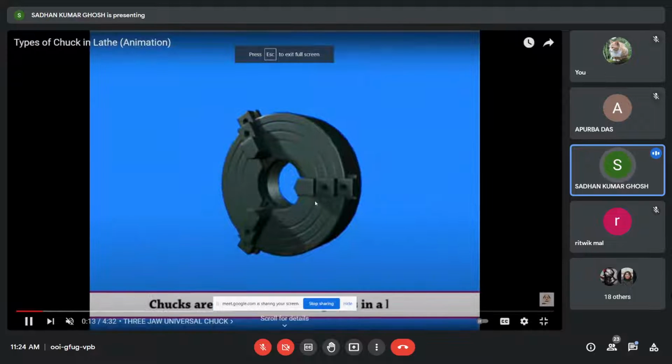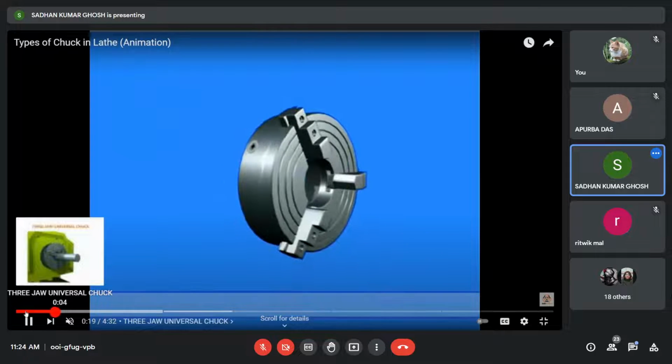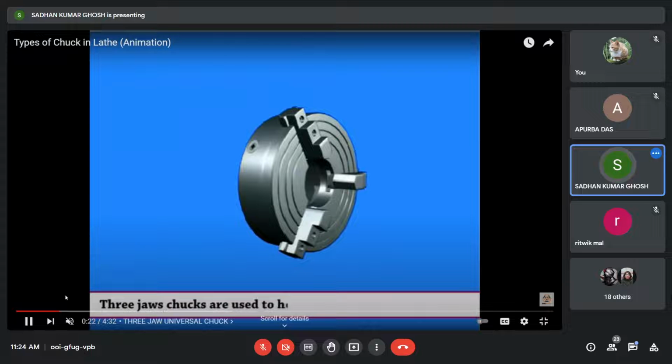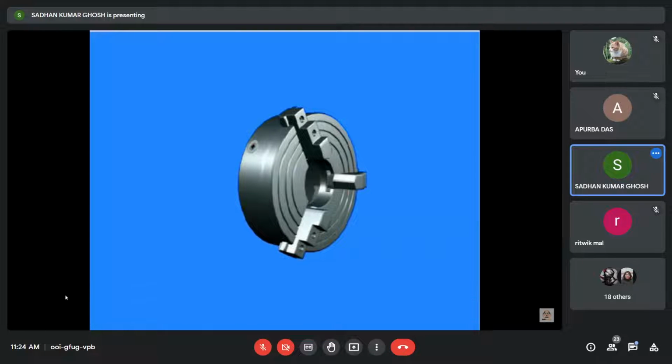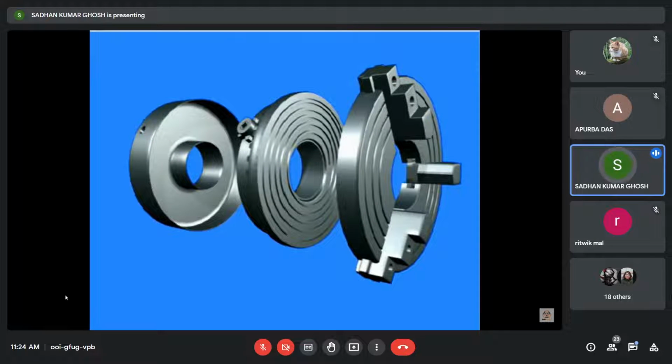Is it visible to all of you? Yeah. So you know that this is the chuck. Now this will fit to the machine. These are all internal constructions, so you may just see this. This will be helpful for you.